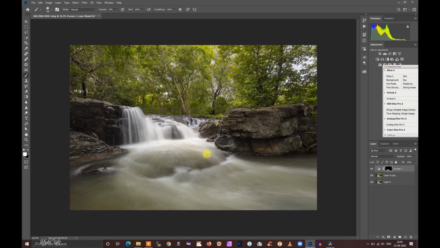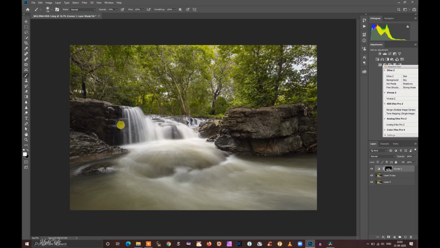I will move the brush along the flow of the water so that I can direct the gaze of the viewer. I don't want much of the contrast in the peripheral area, because contrast is the thing that attracts the viewer's eye.